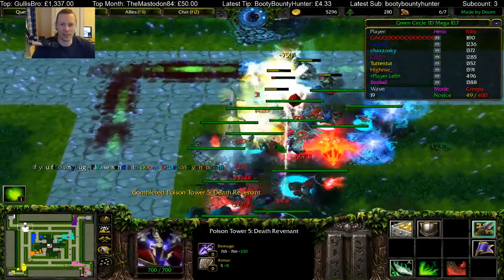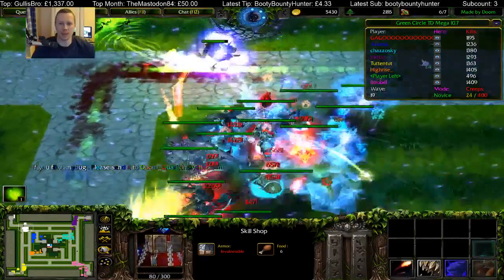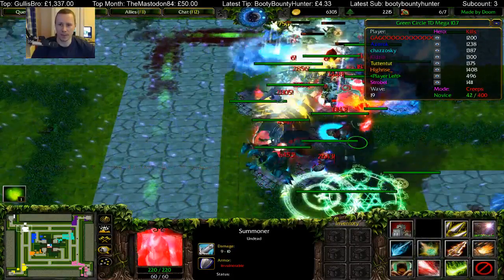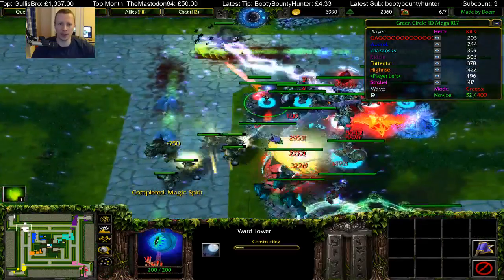Whoa! This is the Invis again, isn't it? Should we do a flare? I mean, I should be able to see them anyway with my towers, but... I wonder if I should build a second wall tower, actually. Doesn't cost much. Oh, it's 200 wood. It's a little bit...